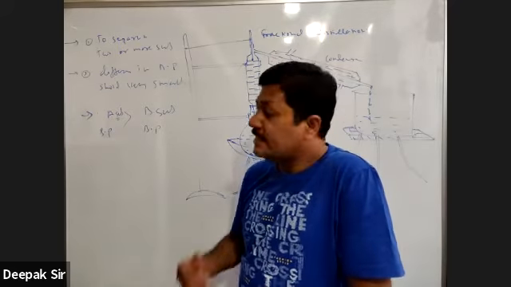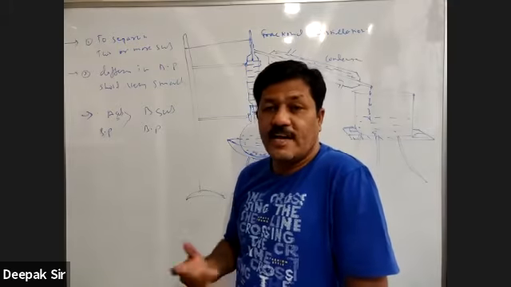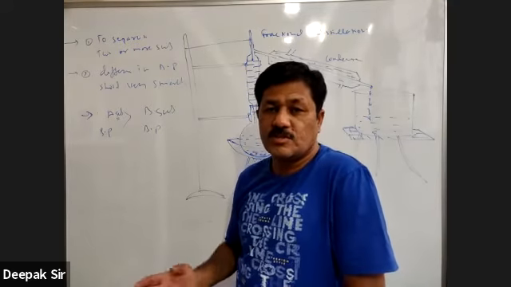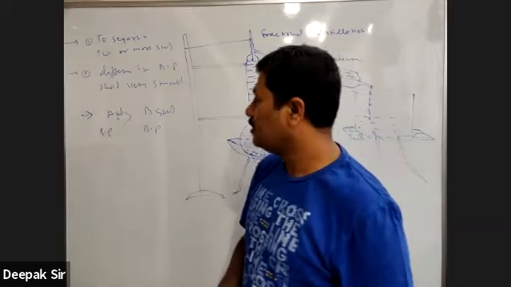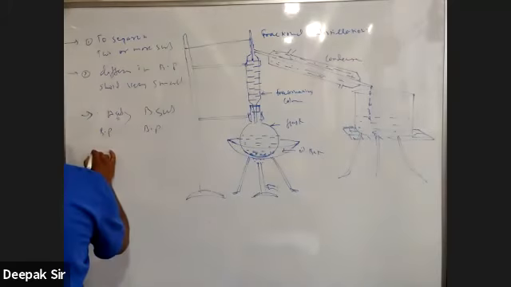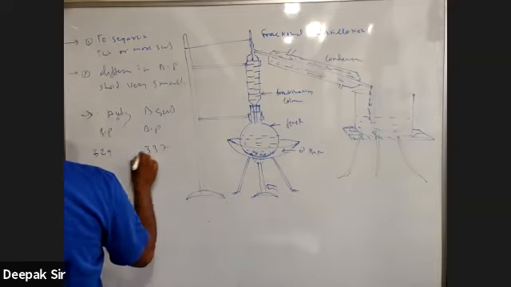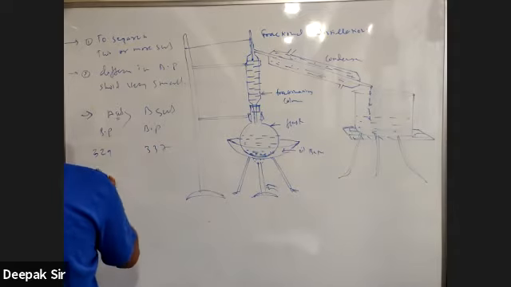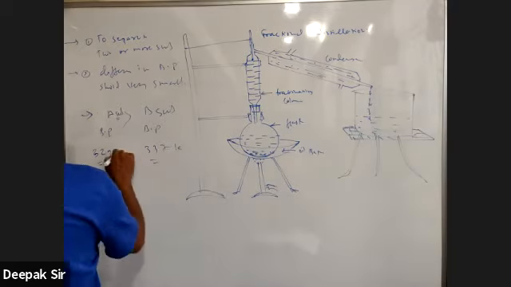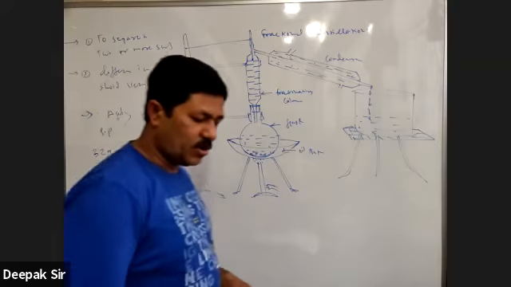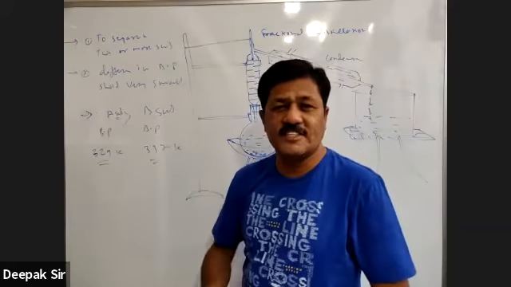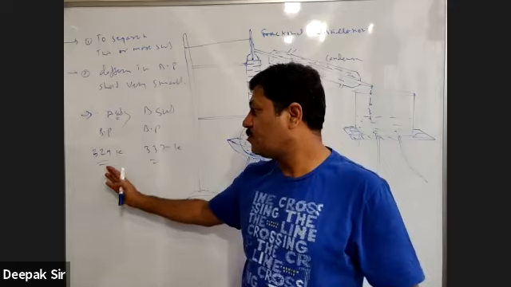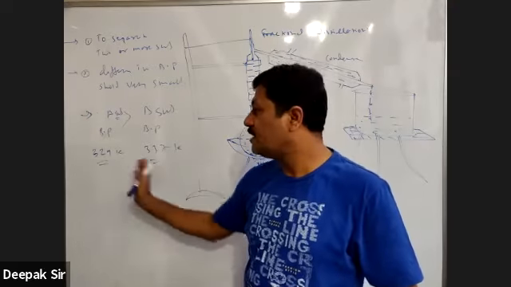Okay, now see. For example, if we talk about acetone and alcohol, acetone and alcohol have close boiling points. That is, 329 and 337 Kelvin. So this is the boiling point. There is a 10 degree difference, which is not very large, especially when we talk about acetone and alcohol.